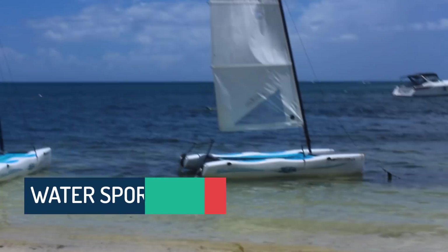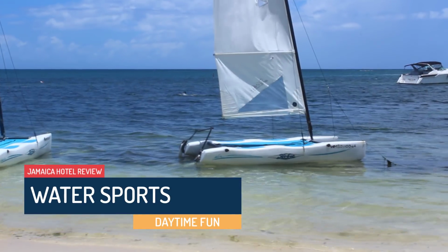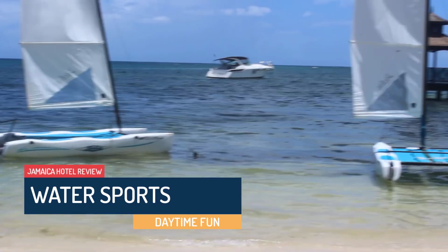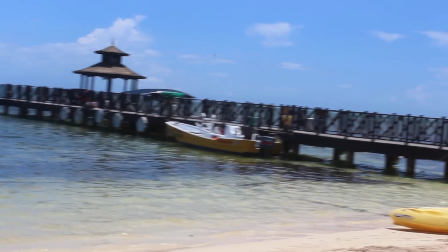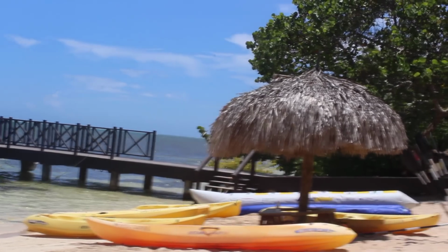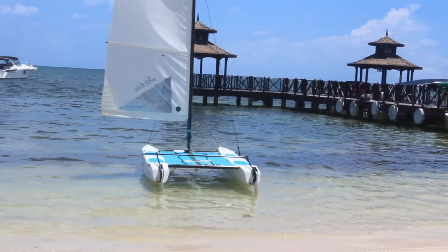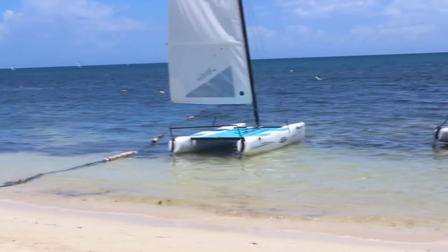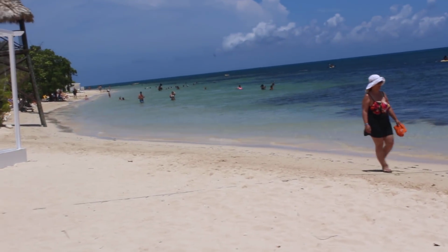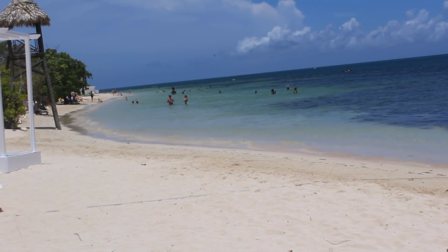Apart from swimming around in the day, you will probably want to enjoy some water sports, and there are quite a few at Iberostar Rose Hall Suites. There is the parasailing, which I believe you have to pay for, and there's also windsurfing. Now we didn't actually go with those, we went with the rides which were complimentary, like the kayaking, and I don't have any footage of that,